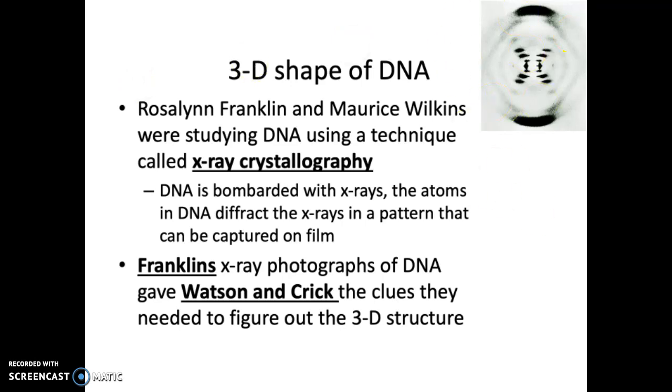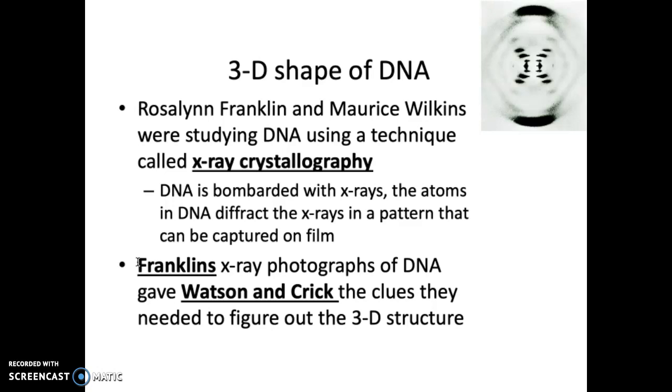So this was their famous photograph, and everything basically in this X shape indicated that it was a double helix. We can do a demonstration in class to show how they would have gotten a double helix from this shape. So Franklin did all of this research, and at the time in the early 1950s,